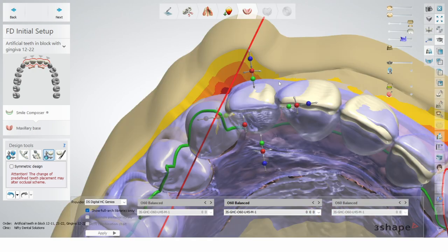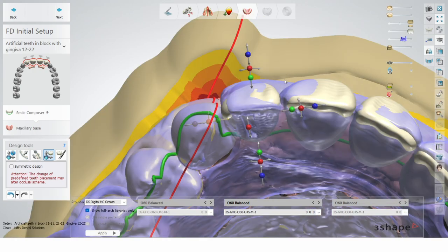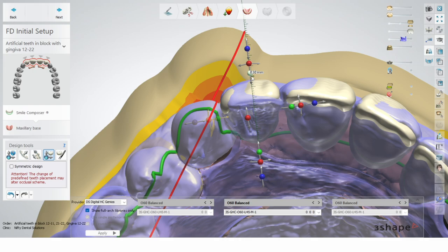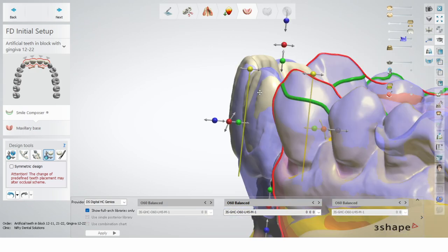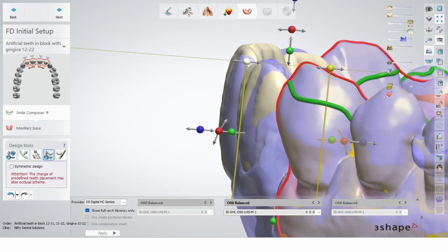And now you can see the dots always have the same function. The green is scaling the tooth in the direction you want to stretch it. And the blue one is just moving up and down, and red is always inclining. Then if you change view, you have the yellow one as well, which lets you do this work,